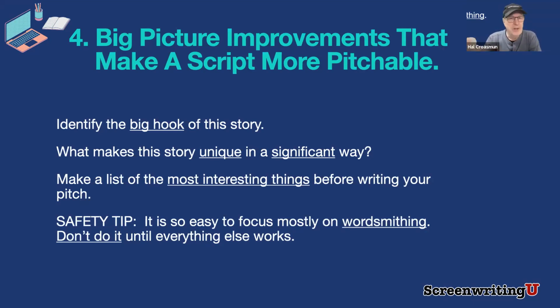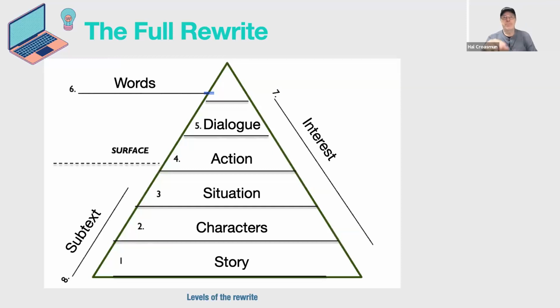But if you're on a second or a third draft and you have problems beneath the surface, any of the things that we've talked about, don't spend a second wordsmithing. Instead, go solve that subtext problem. Go solve that interest problem. Go solve that structural problem. Do that without wordsmithing. It will make a huge difference for you. So basically, this is what I'm saying is a full rewrite. There's one thing that's missing from this, and I'll tell you about that in just a moment.